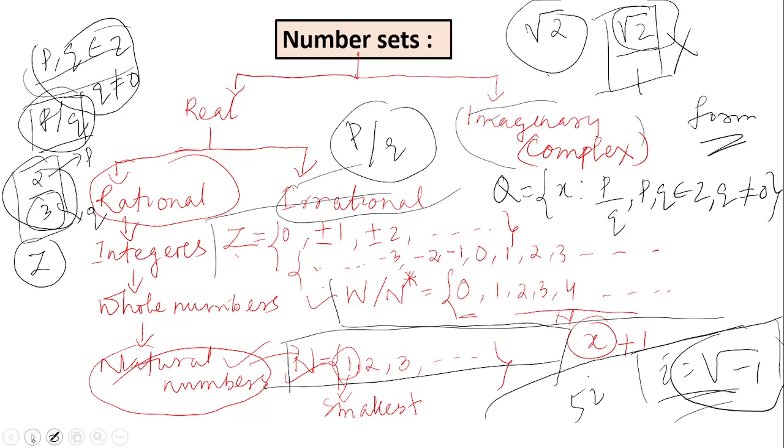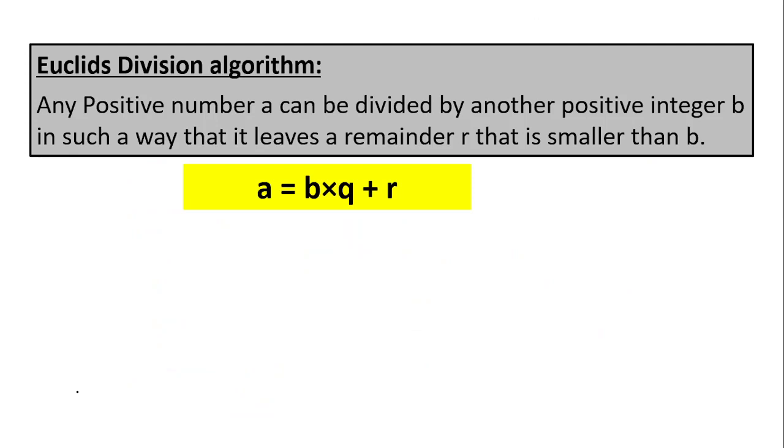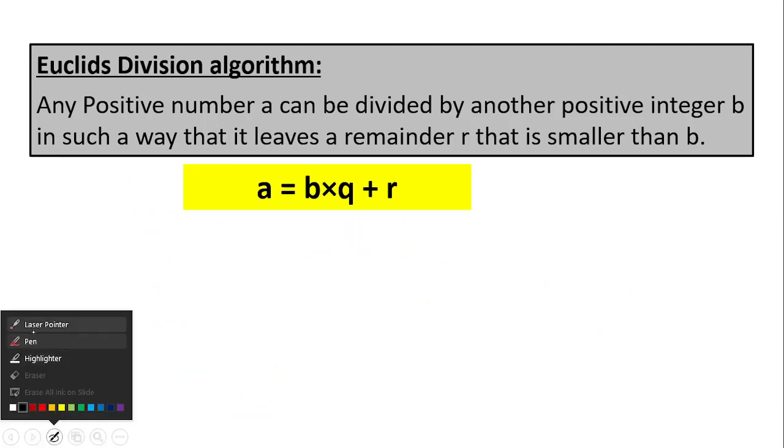Now move to the next slide. Let us know what Euclid's division algorithm is. What does it say? Euclid's division algorithm says that